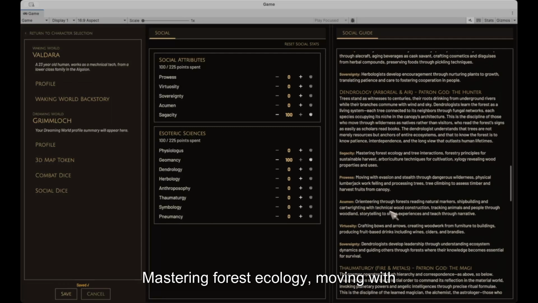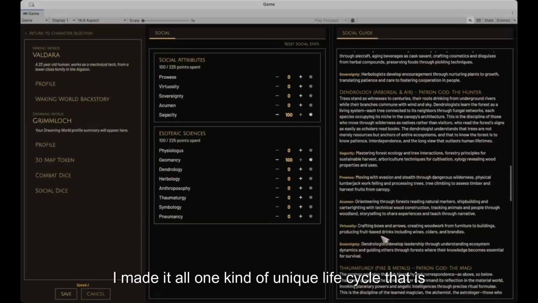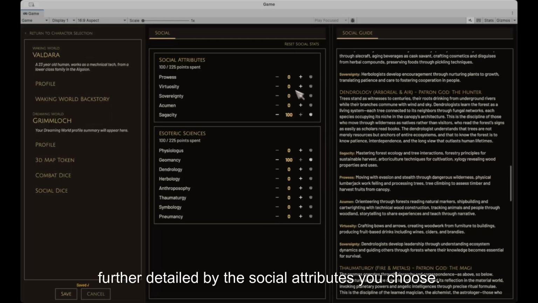Mastering forest ecology, moving with evasion and stealth, orienteering, shipbuilding, cartwright, crafting bows and arrows. I made it all one kind of unique life cycle that is further detailed by the social attributes you choose.